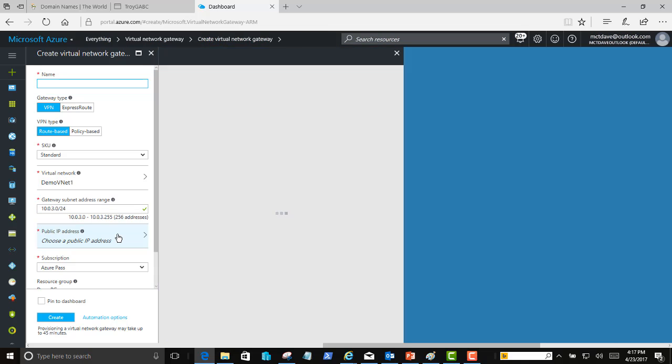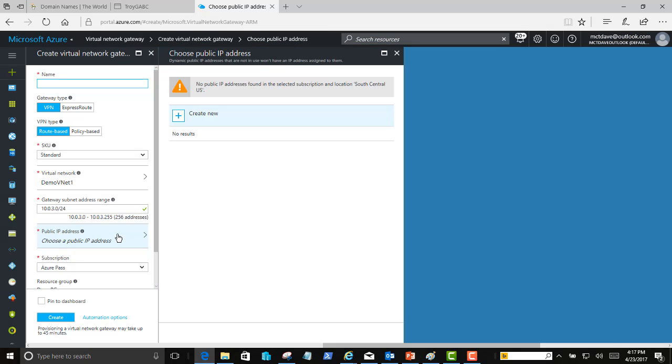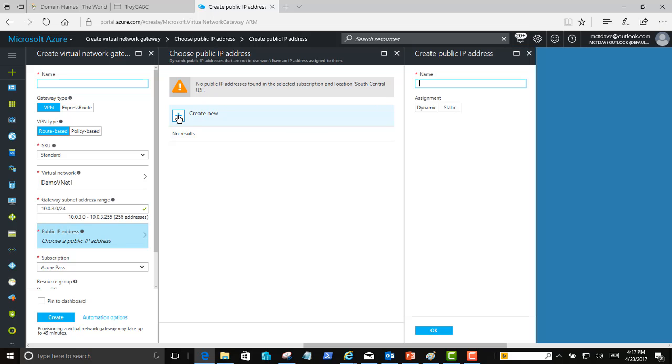And now to choose the public IP address, we don't have one. So here is where we're going to create that PIP. And the name of this is simply going to be the same that we have here, Demo VNet Gateway 1-PIP, so we know it's associated. In fact, let me use the same way I created the name in the past.